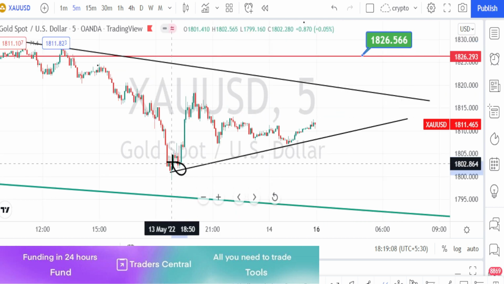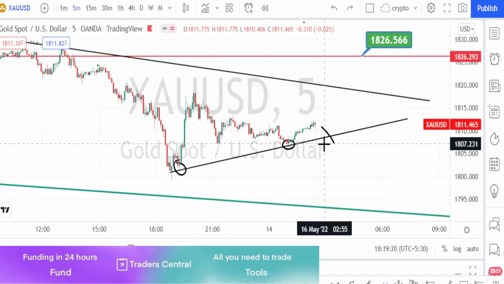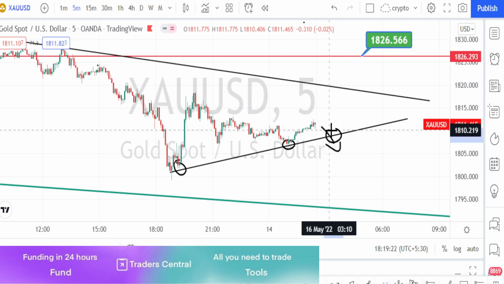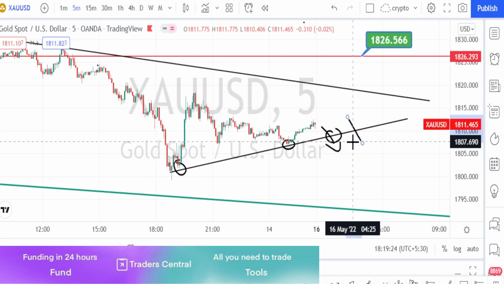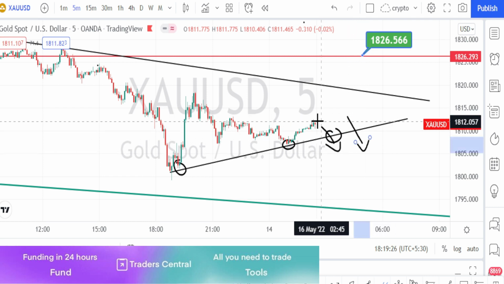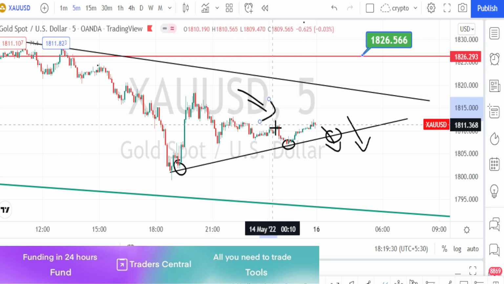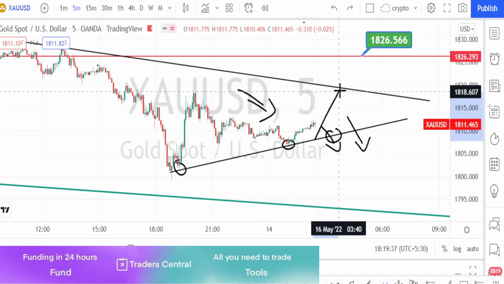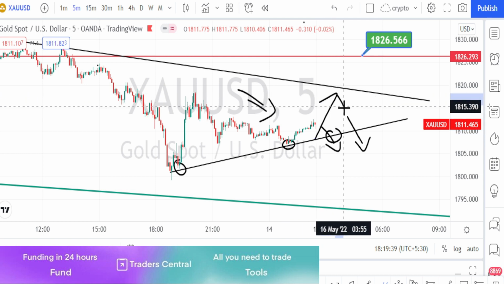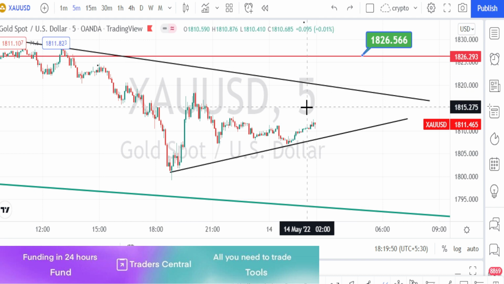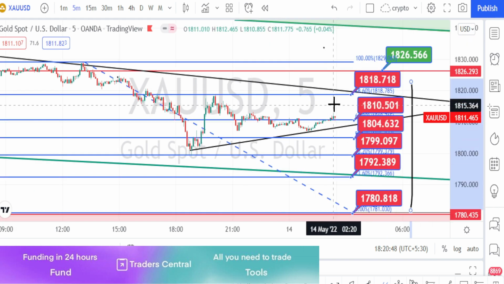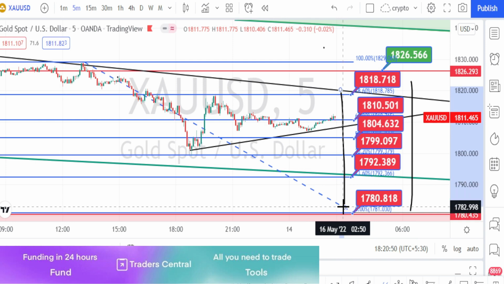So I would recommend you to draw trend lines like this. Once the price action breaks this support line or trend line, you can take trades on the bearish side. Because overall the price action from the higher time frame is also on a bearish trend, I would not recommend you to take trades against the higher time frame trends. Let us mark the support and resistance levels for the 5 minutes time frame. Red color boxes are the resistance and support levels for the 5 minutes time frame.